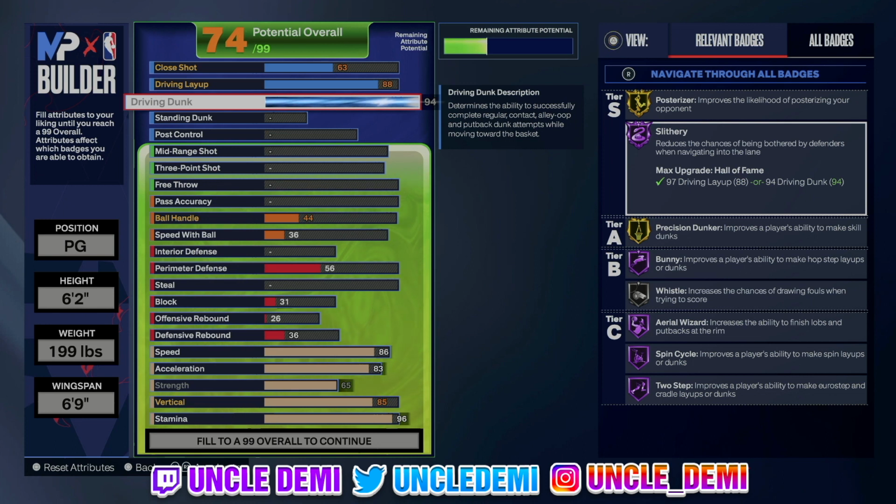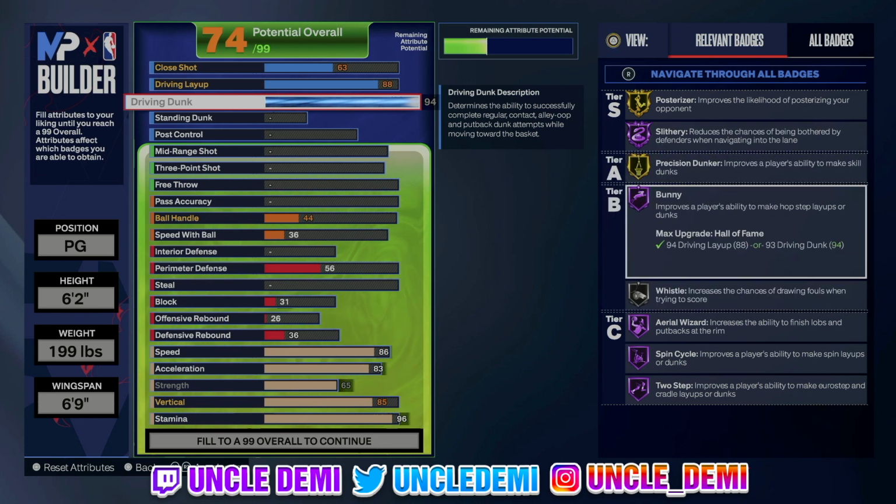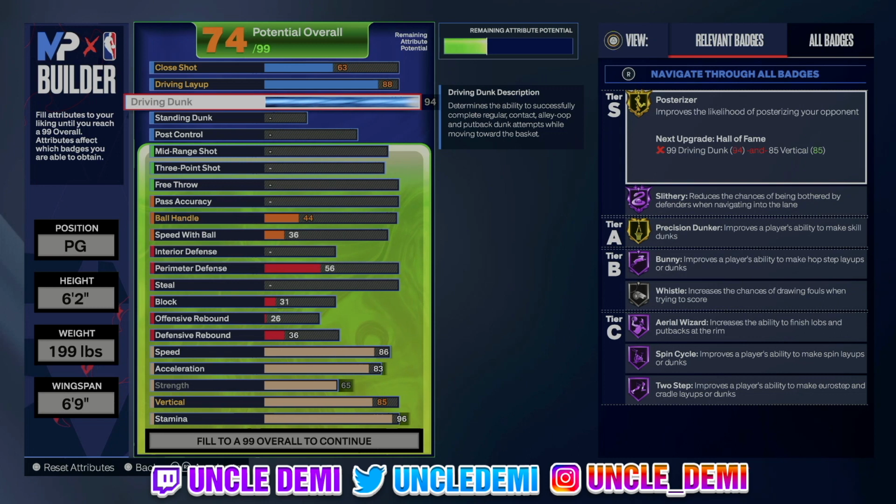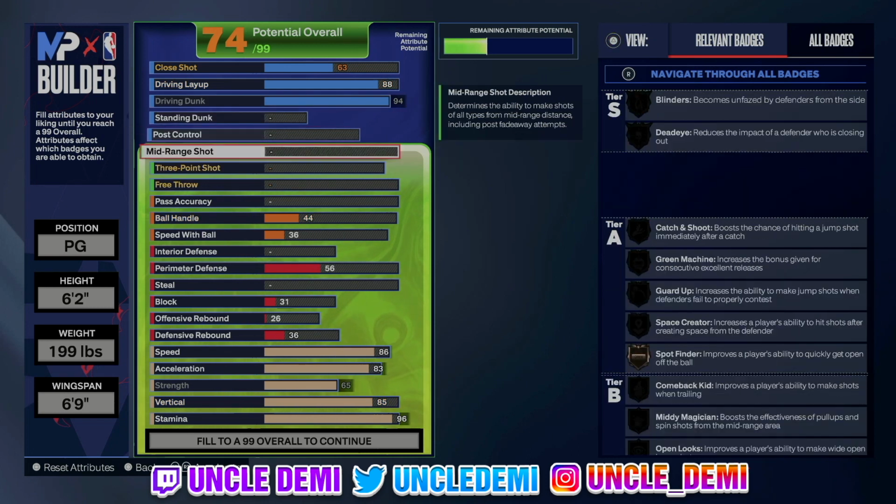Getting that Hall of Fame Slithery is huge for a build like this. Bunny is also going to be huge for a build like this. Actually, all these finishing badges will be pretty dope and huge. So at the end of the day, the finishing is going to be off the charts. Now, when it comes to the